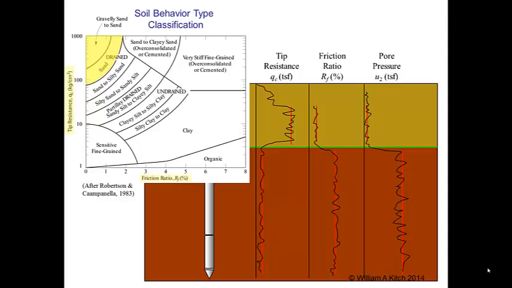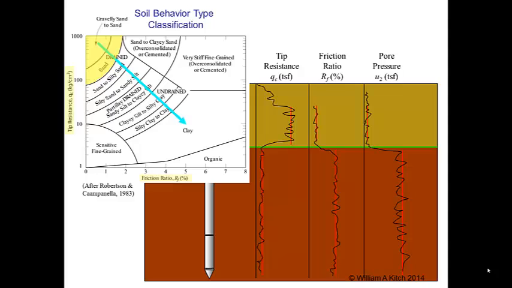Therefore, if we follow a line from the area of high tip resistance and low friction ratio in the upper left-hand corner of the classification chart down and to the right to an area of low tip resistance and high friction ratio, the soil classification changes from gravel and sand to silty sand to sandy silt to silty clay and finally